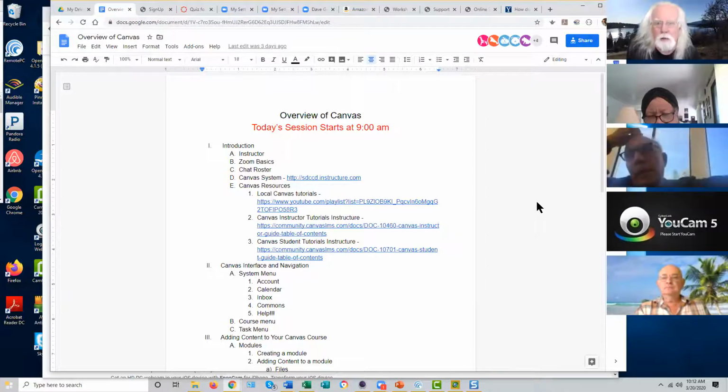In addition to that, you'll want to post material online for your students in Canvas. Things like lecture notes or handouts, things you would normally give out in class. Your PowerPoint slides, for instance, can be put into Canvas. These recordings that we're making right now in Zoom can be put into Canvas so that your students can view them later. You can also create quizzes in Canvas, homework assignments in Canvas, and